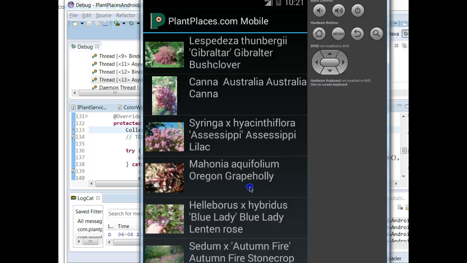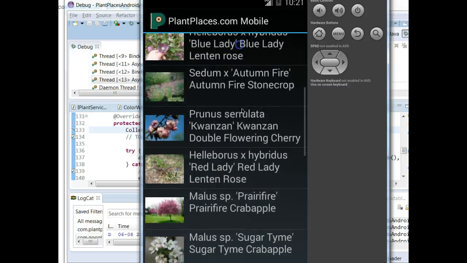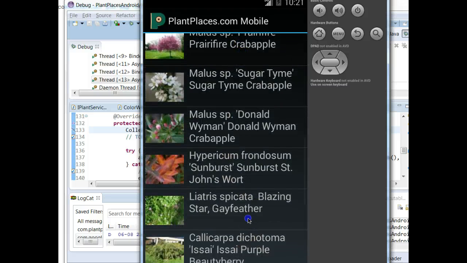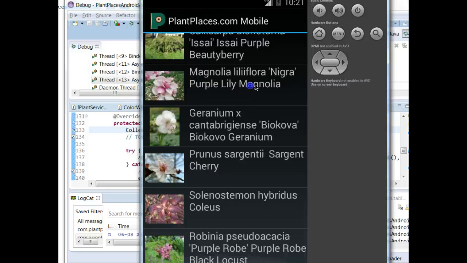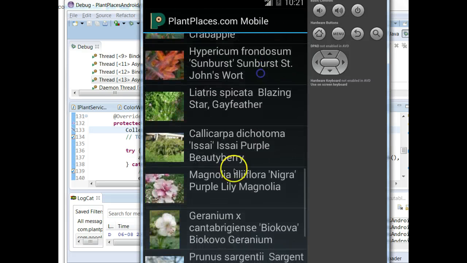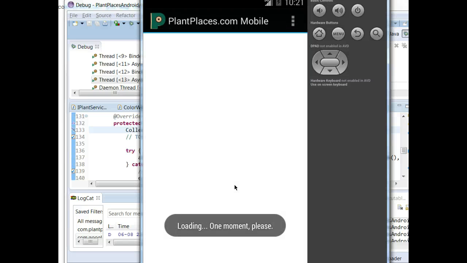And there we go. Here's our list of plants. You see the very first one, the Lespedeza, is the one that we looked at when we did the original search by color in the debugger. So it's a list of plants that match that color. We'll go and click on the magnolia. You see how we can go from a picture to a number to zeros and ones